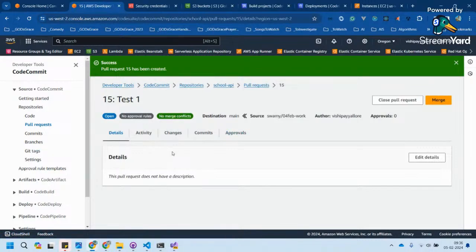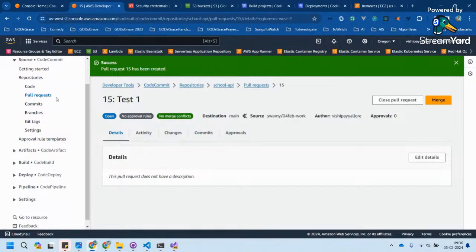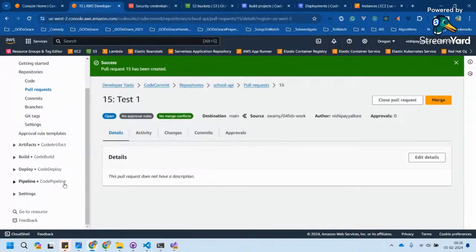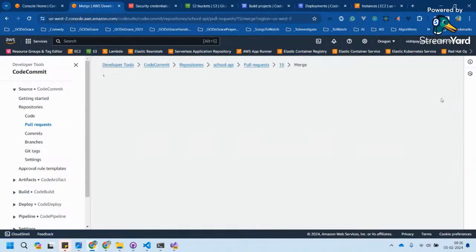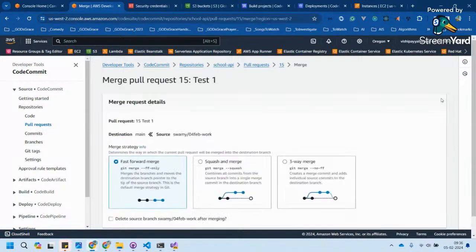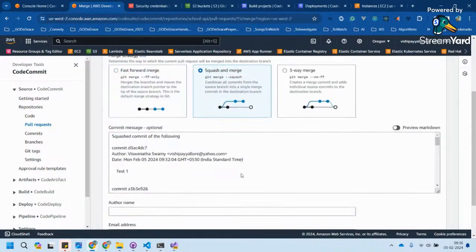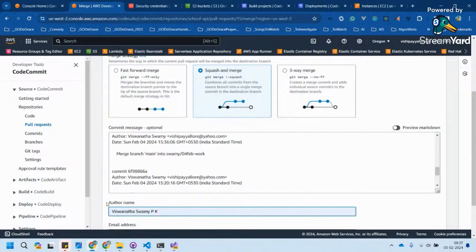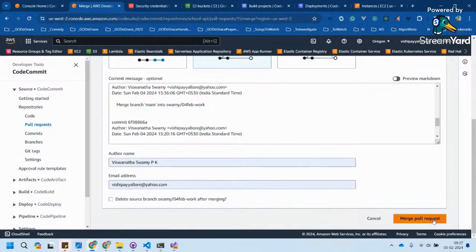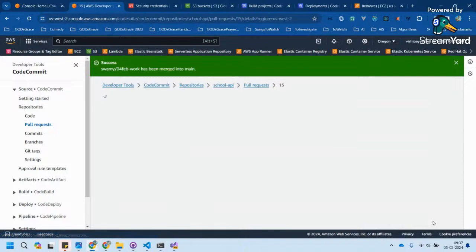But currently my focus is covering code commit, code build, and code deploy, then code pipeline, then the notification using SNS and other things. Then we'll come back and do different microservices and ECR, ECS, and EKS. We'll do a lot. Now, because this is my code, technically there should be approvals and code reviews, but I'm bypassing everything just for the demo sake. And now I'm not deleting the source branch because we will raise one more